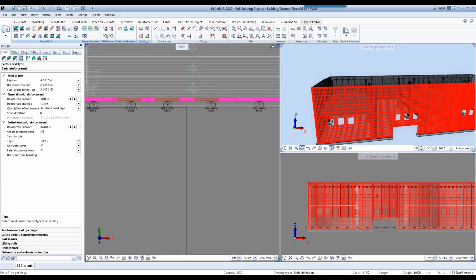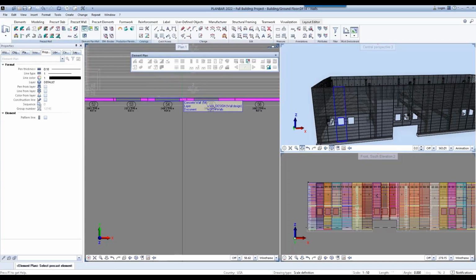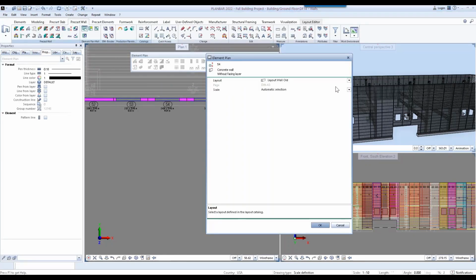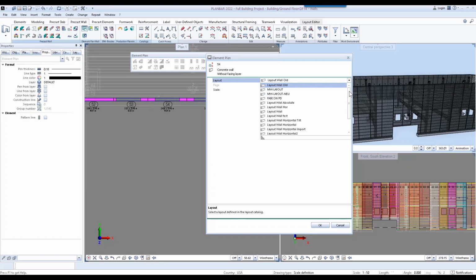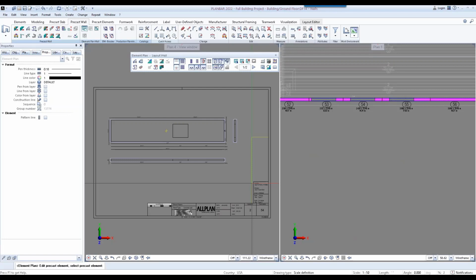So if I want to create a shop ticket for it, just like the beam, I just have to go up to the ALLPLAN tool, select the wall, and pick from one of the templates that we have or that you've created for your layout, for your wall panels. So I'm just going to select this one. And there you go. You can see that the shop ticket was created.